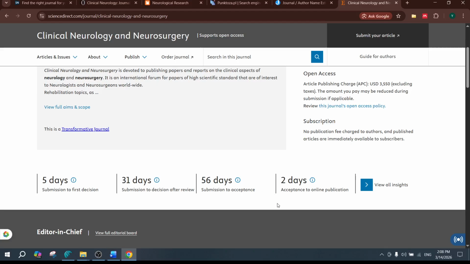A very nice journal. So when you prepare your journal list, try as much as you can to put the journals with shorter time to the first decision first. Okay,